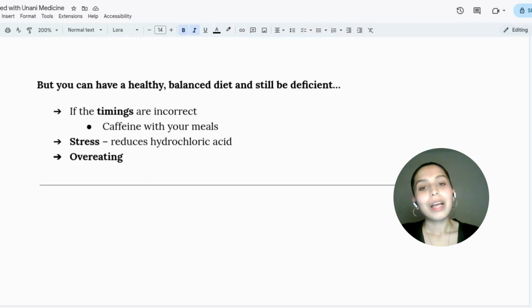For example, having things at the incorrect time. Caffeine should not be taken with your meals, and that's because it affects the absorbability of nutrients, specifically iron. So coffee, tea should be taken at least an hour after the meal. But, and I would say this should have been at the top of the list, because it's actually one of